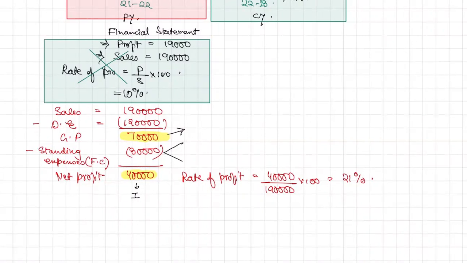So suppose among this 30,000 they said that 10,000 we will bear, but for the rest 20,000 we'll insure it, and this is uninsured. And this is what in the book you'll find out: uninsured standing charges and insured standing charges. करेक्ट।